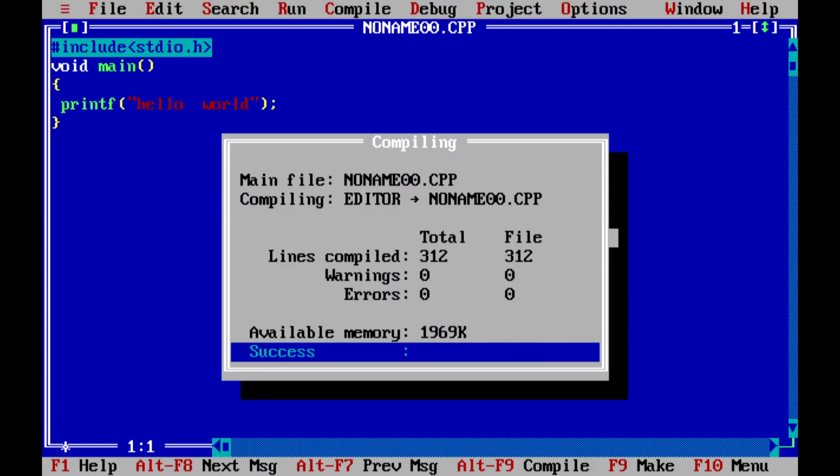The original code is preprocessed, and the intermediate code generated has 312 lines. Of these, 4 lines are from void main to the closing brace, but the other 308 lines come from stdio.h, which is added to your program, and as a whole the lines are compiled.